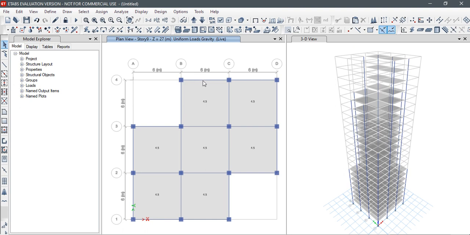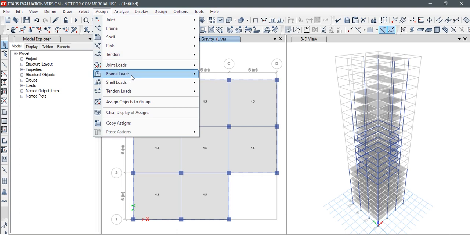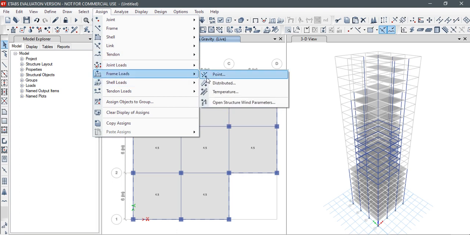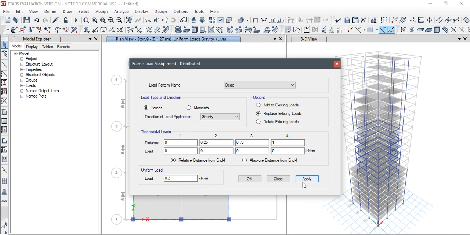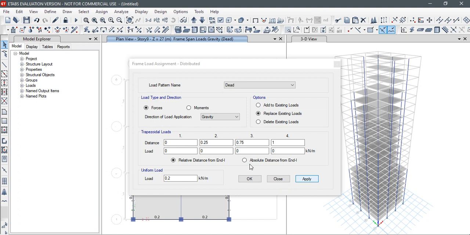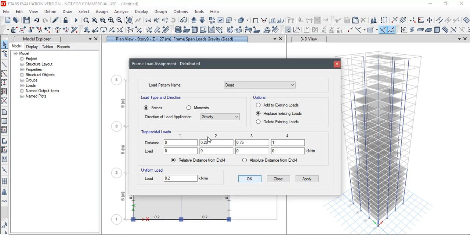Now I will select these exterior beams. I'm just selecting these exterior beams, and I will assign distributed loads on them of 0.2 kilonewton per meter. So the load application for 9 to 14 is completed. Now I will jump to